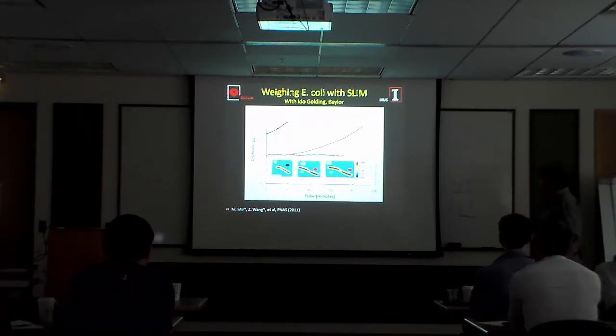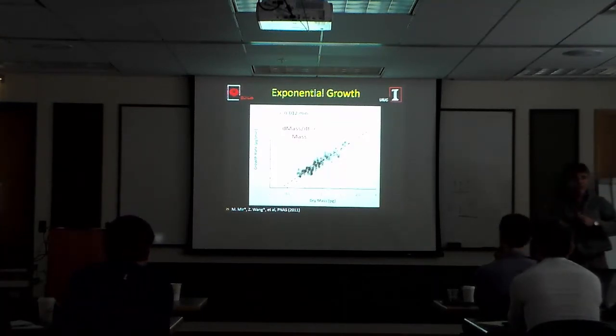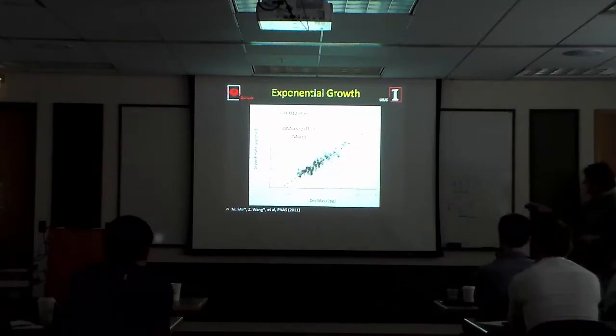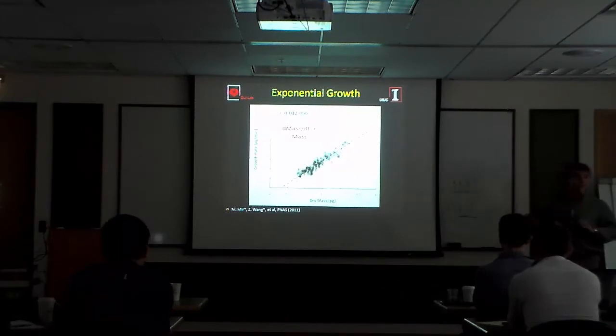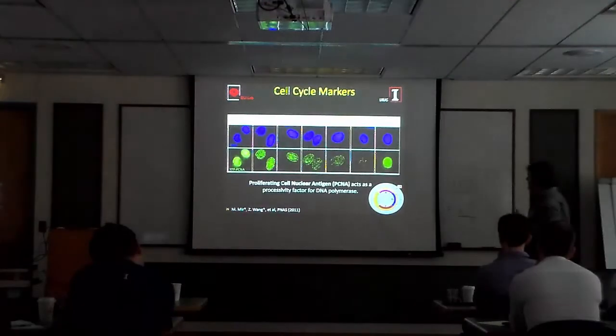So E. coli kind of confirmed that we knew what we were doing. The way you look at the mass change is to plot d mass over dt versus mass, right? So the mass change versus mass. If you get a line, it means that d mass over mass gives you dt, so mass as a function of time gives you an exponential. So this is a good way to check if it's exponential. People agree that E. coli should grow exponentially, so this confirms that.